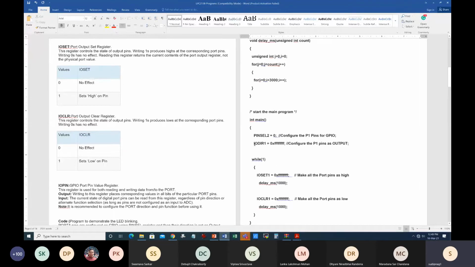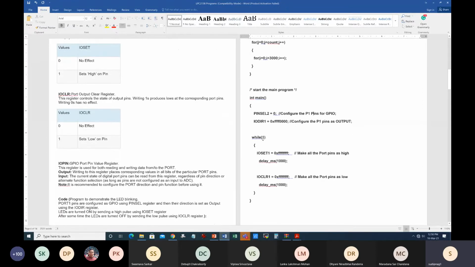Now I'm configuring the IO direction. So this is the direction. IO direction equal to 1 means output. So I'm configuring all the pins as output, and it's not necessary that I should also configure the lower things as output. So I can keep it as 0, so that the lower 16 bits, although not present, is configured as input. So the upper 16 bits are output for port 1, because port 1 is connected through pin select and port 1 direction is stated. So this is the name of the port 1. But this select 2 represents the pins of port 1, because 2 bits per pin, if you remember.